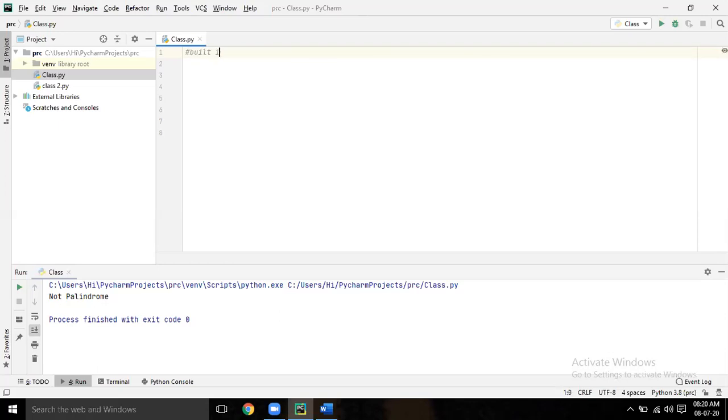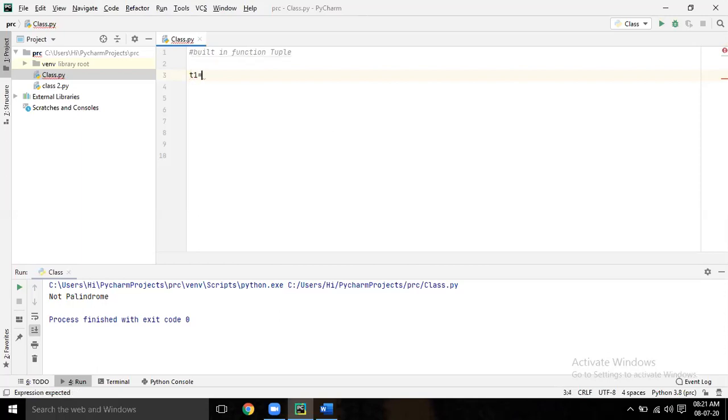Take two tuples, T1 equal to one tuple, T2 equal to one tuple. The same built-in functions that I used in the list, you can try those things.